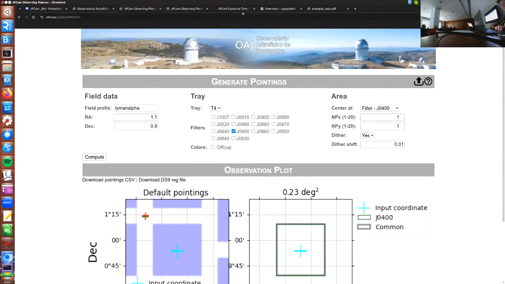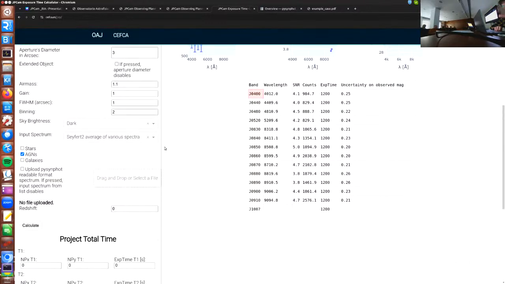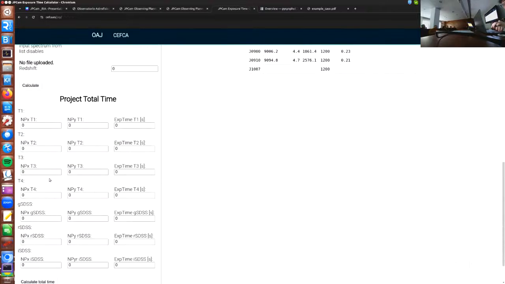Now let's check how much time, for example, this risky project needs, because it just uses one filter. But probably we could use the other filters, or imagine some other science case using the rest of the filters. I don't know, or think larger, no? But anyway, here you just need one